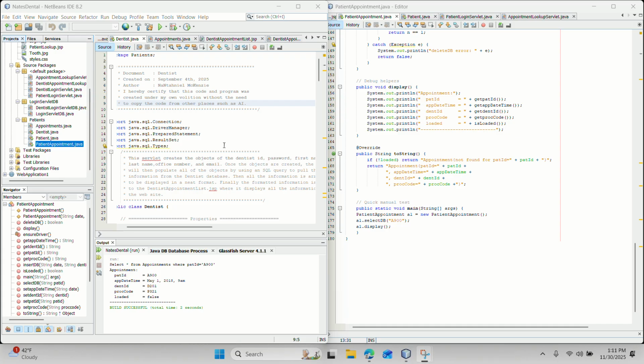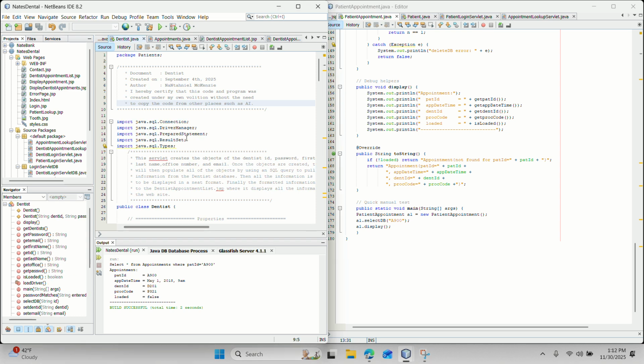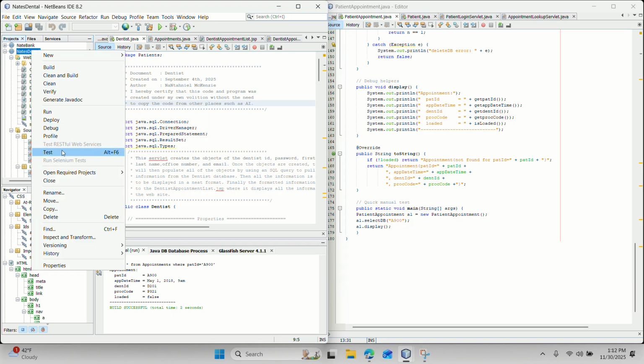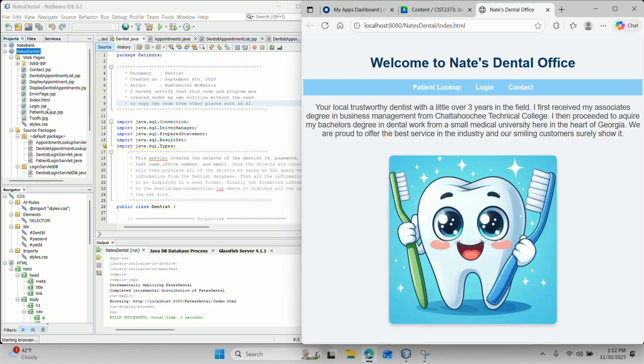I have 2 pages loaded right now because it helps to work side by side when pulling information at times. I have been working on this project all semester long, and I will show you the ins and outs of this little web application. If we go to Nate's Dental, we can hit run, and it pulls up the login